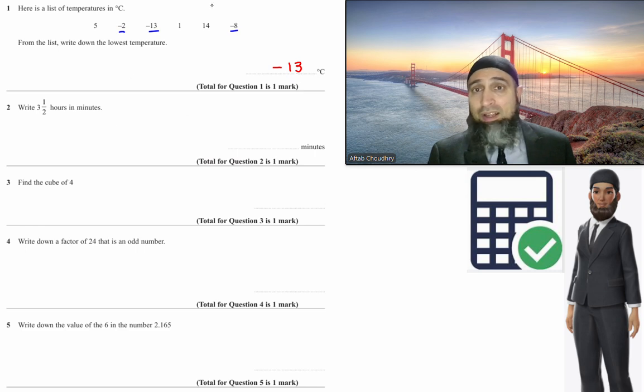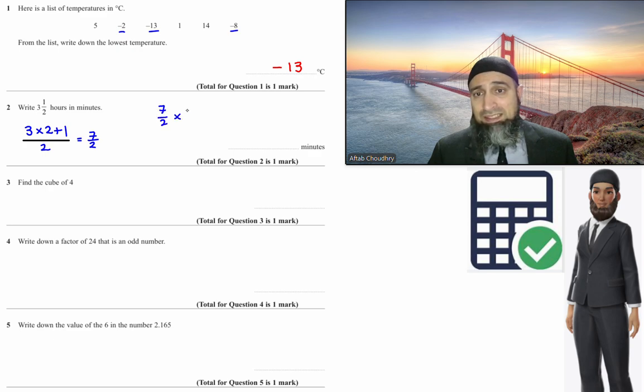Question number 2, it says write 3.5 hours in minutes. Now what we need to do is convert this into an improper fraction or a top-heavy fraction. So 3, the whole number, times by the denominator, add on the numerator, all over 2. That'll be 3 times 2 is 6, add the 1 which is going to be 7, that would work out to be 7 over 2 hours. And what we're going to do, we're going to multiply that by 60 because there's 60 minutes in an hour, so therefore 7 over 2